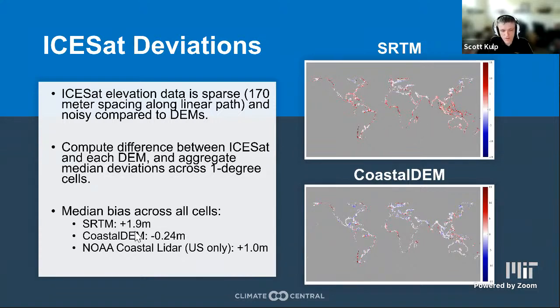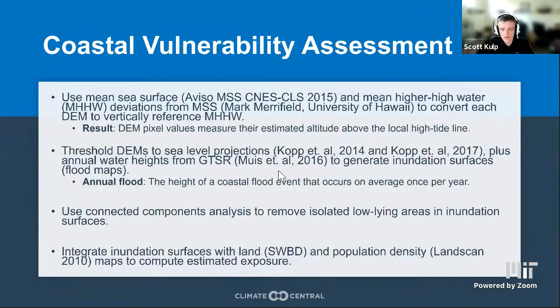And overall, across all these cells, it reduces bias by close to 2 meters. So next we come to the actual coastal vulnerability assessment. That is, we're using the elevation models to predict where and how many people are vulnerable to coastal flooding. So first, I'm not going to get into the weeds here, but essentially we're converting each